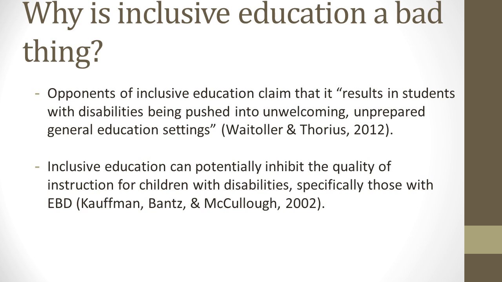The second critique we will discuss is that inclusive education can potentially limit the quality of instruction for children with disabilities, specifically those with emotional and behavioral disorders. One of the staples of the Kaufman article is that general education is not enough for students with behavioral issues. However, the special classroom from this study could be replicated in an inclusive classroom. Many of the interventions discussed in this article, such as behavioral plans, can be replicated in a general education classroom